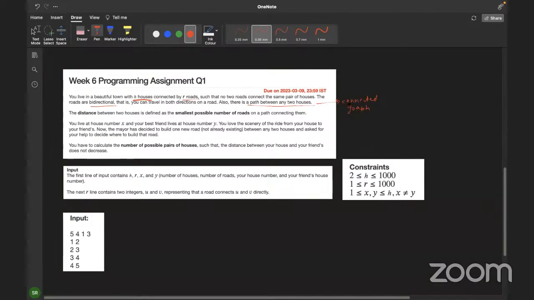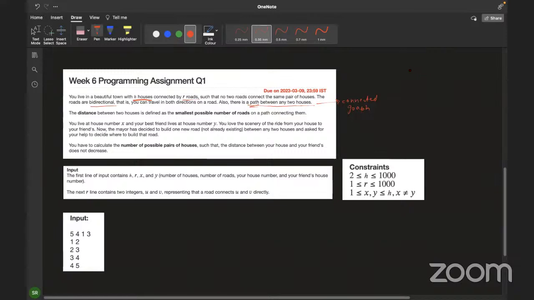If you see, this network would look like a graph to you, and this is one connected graph. It says so because you can reach from any house to any other house, right? It says that there is always a path between any two houses. So this means our graph is connected. And the distance between two houses is defined as the smallest possible number of roads on a path connecting them,